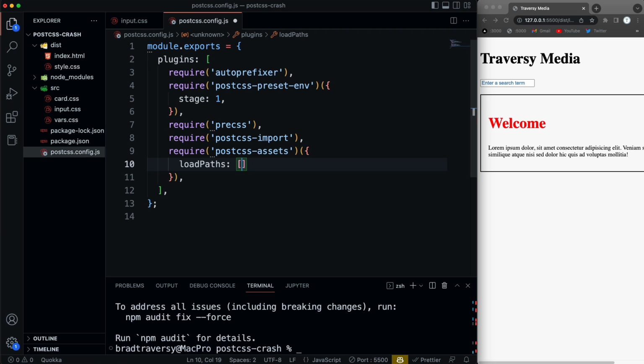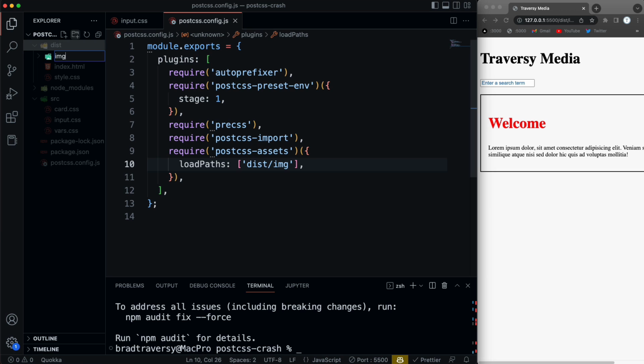But I'm going to set a load path in here, and this is going to be an array, but I'm going to put my dist/img path. So basically, whenever I load a background image, I want it to look in this location. So I'm going to create that. So in dist, I'll create img,